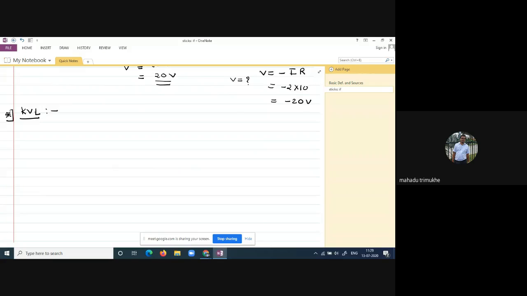Statement of KVL is what? The algebraic sum of voltage around any closed loop in the network is zero. That is the KVL. Okay, suppose we assume here one electrical network,